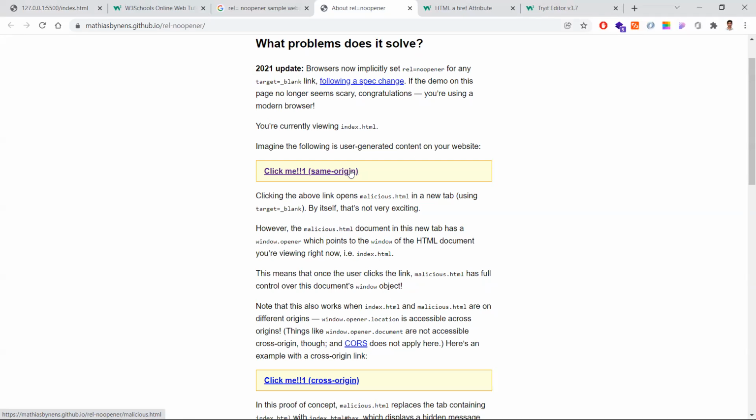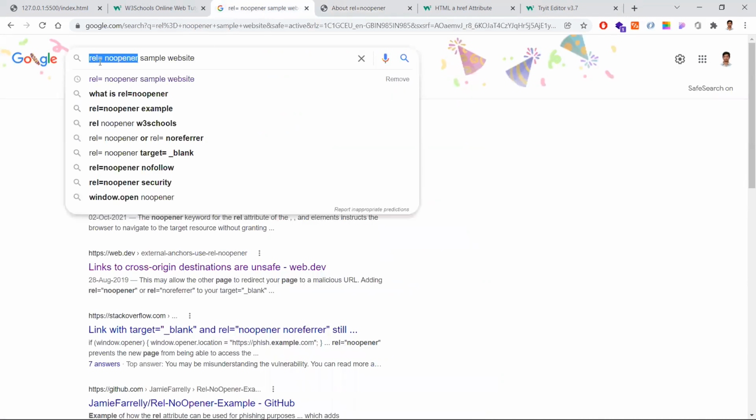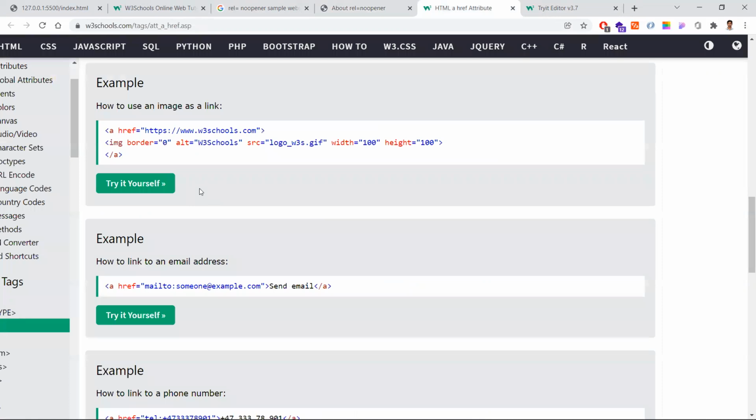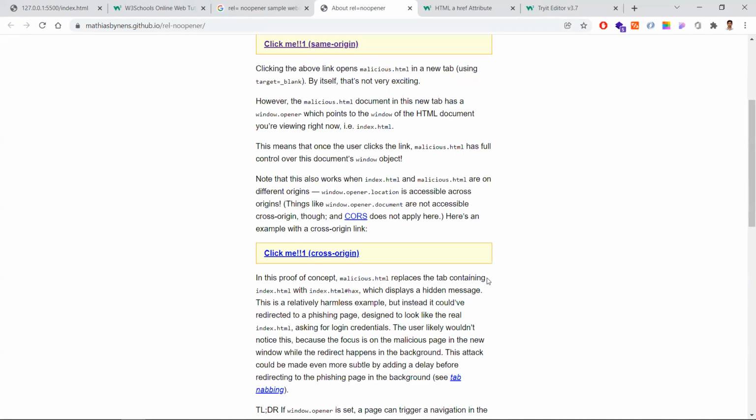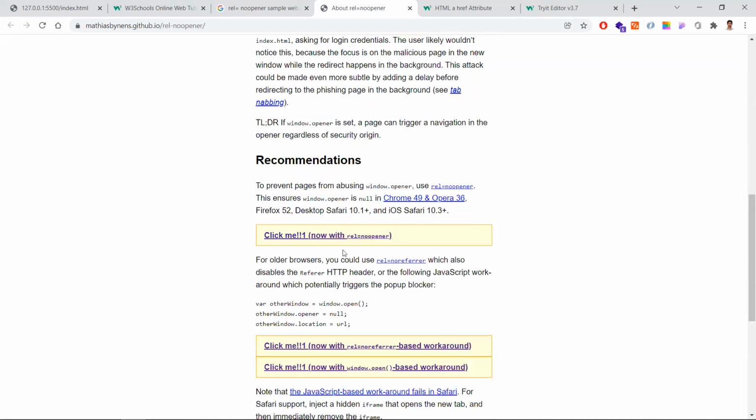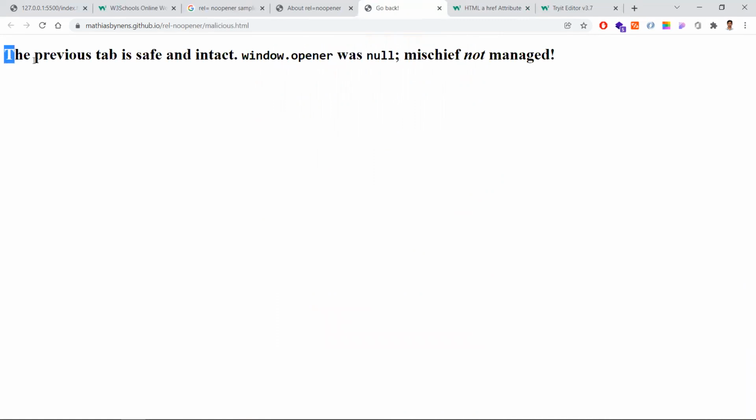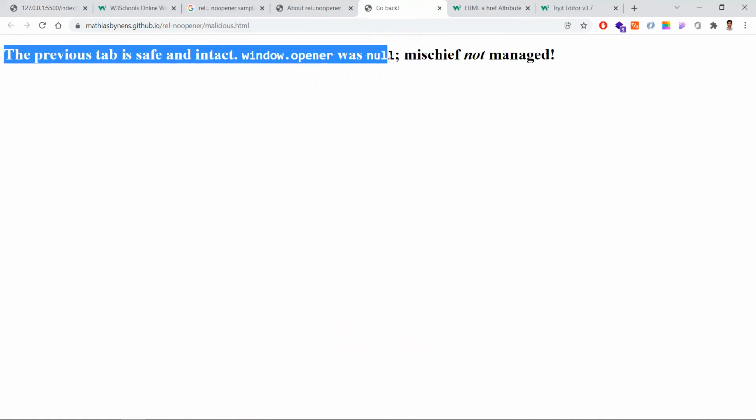In order to avoid this, you need to give the rel is equal to noopener attribute. Let's check what happens if you give it like this. This is recommended. If you have a link and you give noopener, and I click this, see here, the previous tab is safe because window.opener was null.